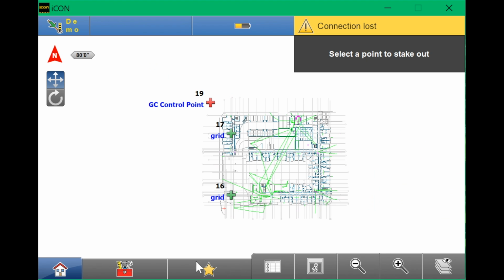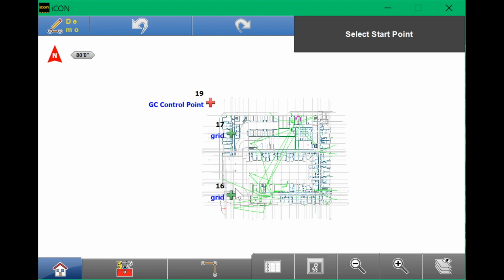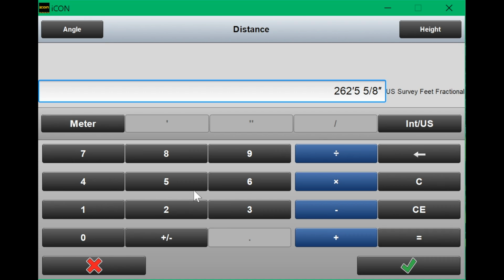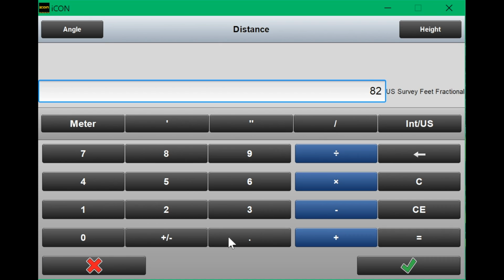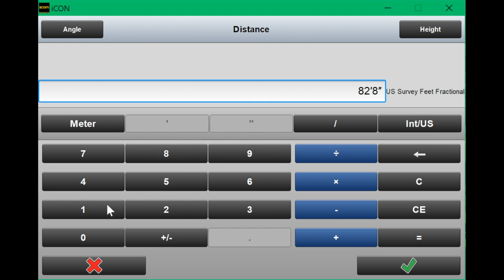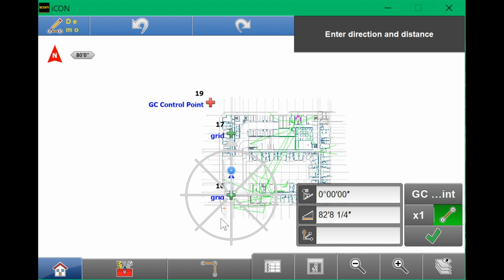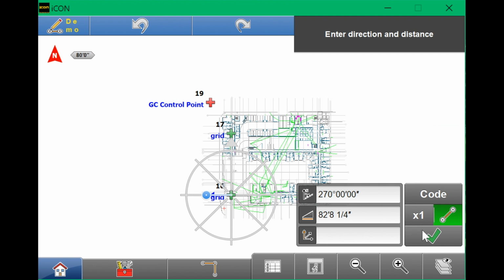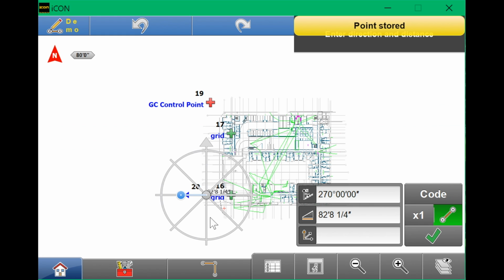We'll go ahead and do one more just to make sure you feel comfortable with it. We're going to go home, sketching. We're going to go from that point, the distance we need to go of 82 foot 8 inch 1/4, because that's our dimension, and that is off to the side. And we will change our description into no codes, select that check mark in, and then we're going to go south